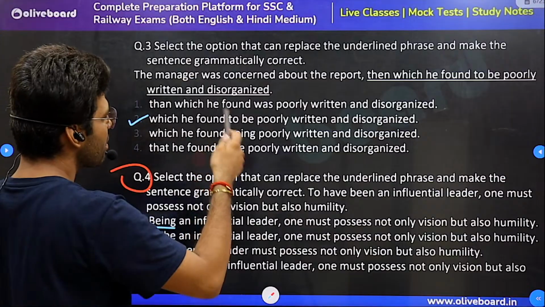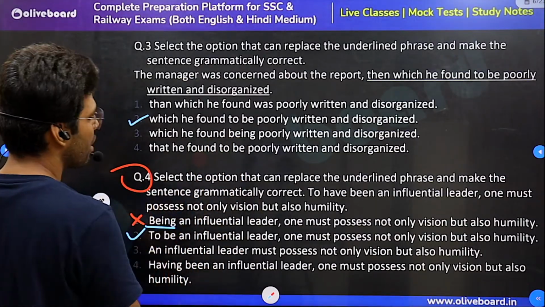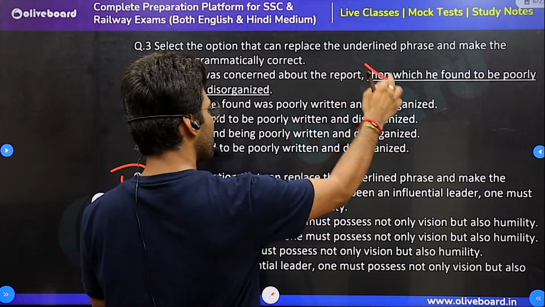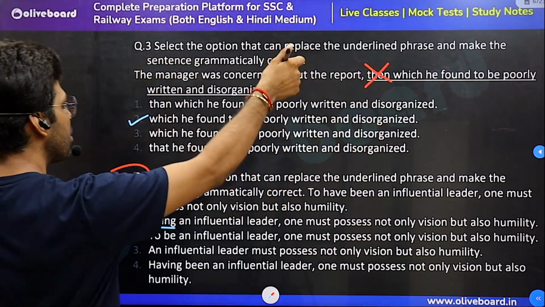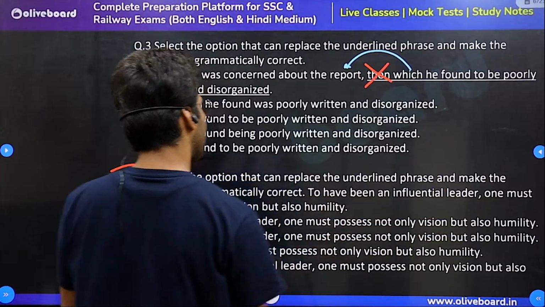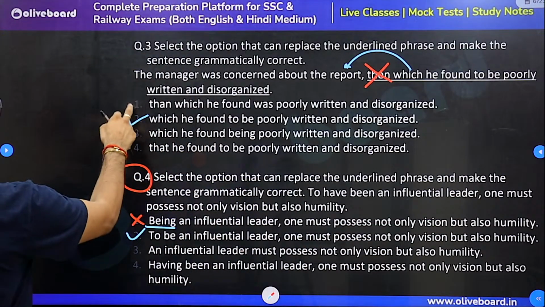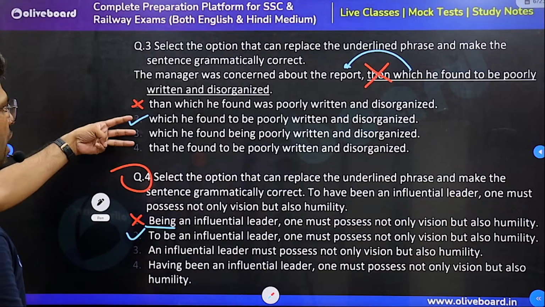The manager was concerned about the report, which he found to be poorly written and disorganized. All correct. Just drop this redundant adverb in between. A relative pronoun relates to the antecedent; you need not put an adverb in between. No conjunction, nothing. All are fine,